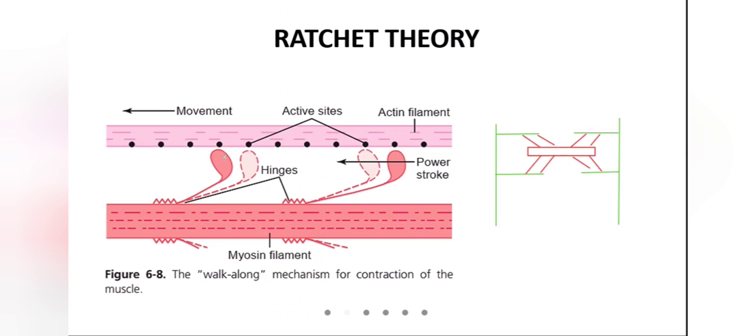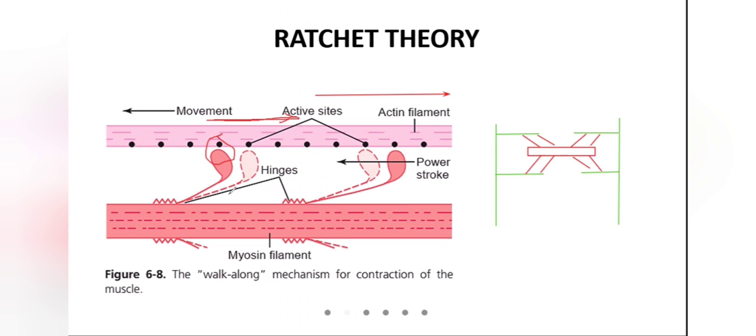So this is the head here, this portion. Now what this is going to do is, once this goes and binds, from here it will first go and bind here. Suppose this actin filament has to move in this direction. What will happen is this myosin will go and attach itself here, then it will pull the actin filament like this.